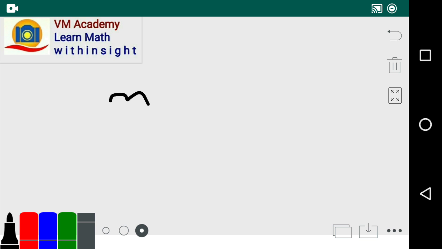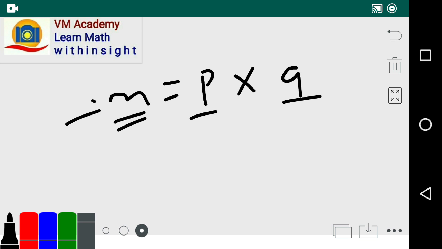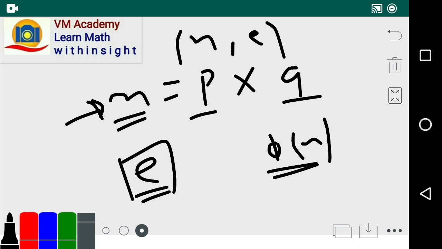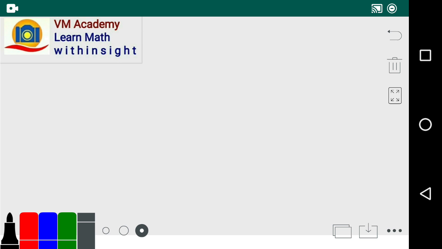So two big prime numbers are taken, and these are multiplied together and we get n, and any number e which is relatively prime to phi of n is taken, friends, and these are given to the sender as the public key, and the private key is calculated as e inverse